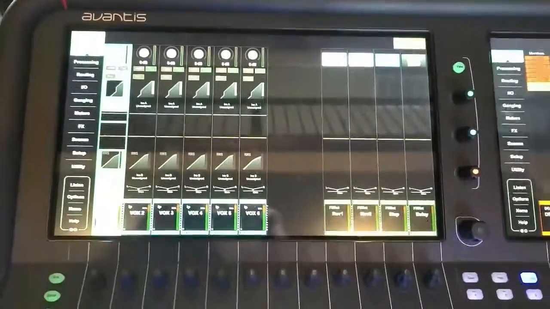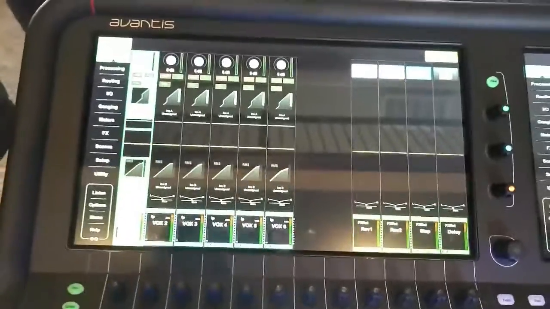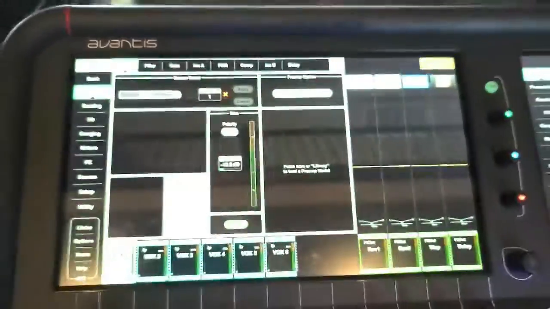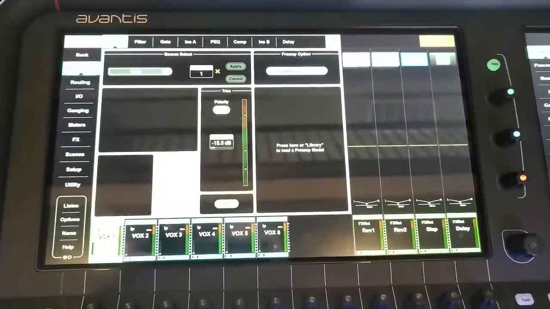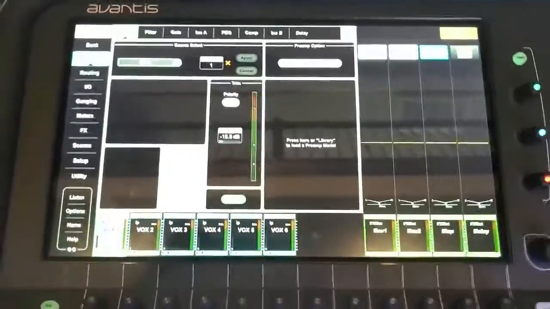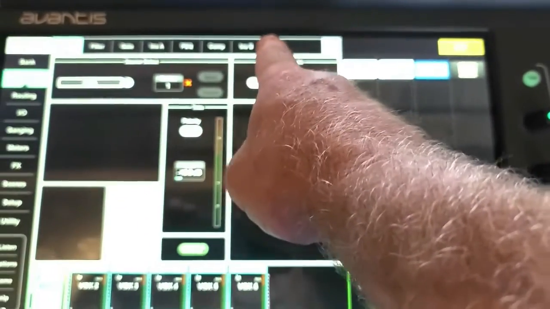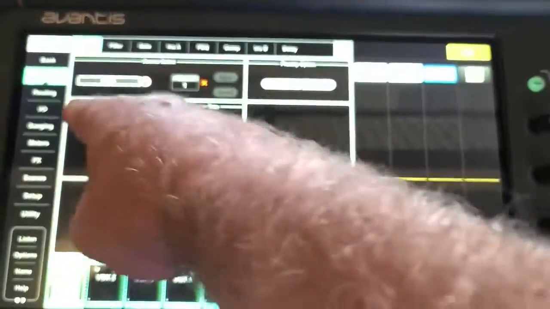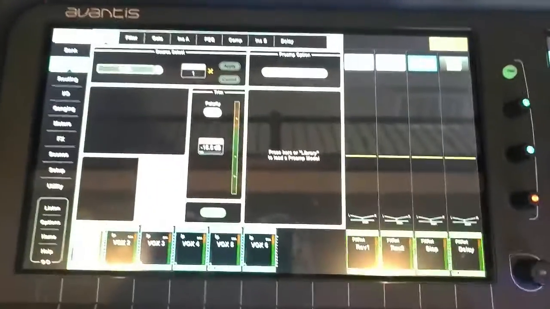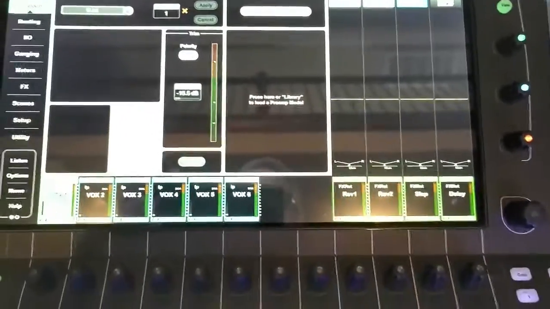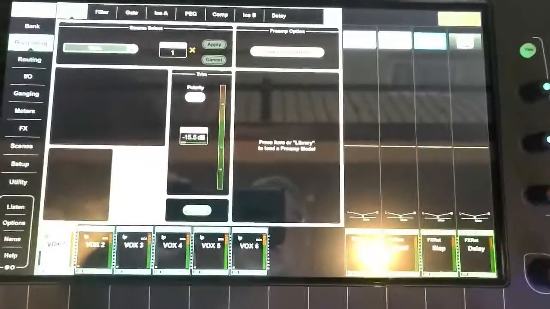Since this is a touchscreen, in order to adjust or operate, you can literally just touch the control and it will do a pop-up of all the controls associated with that. And you can see across the top of the screen it has all of the different processing for that particular channel pop up in tabs. So I can adjust the preamp here. This is where it